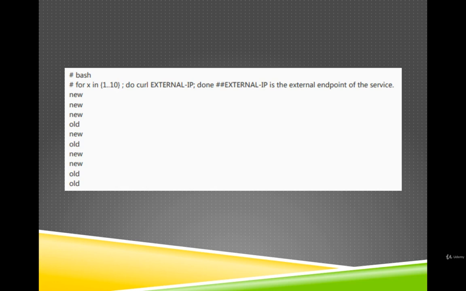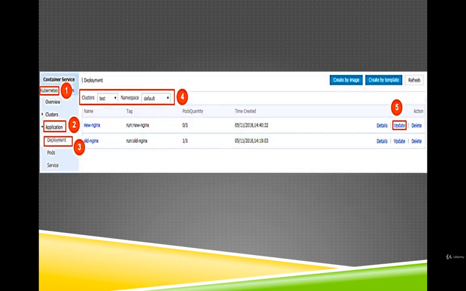Finally, now in step number 3, log on to the Container Service Console, click Kubernetes Application and then Deployment in the left side navigation pane. Select the cluster and namespace from the cluster and namespace drop-down list. Click Update at the right of the deployment.